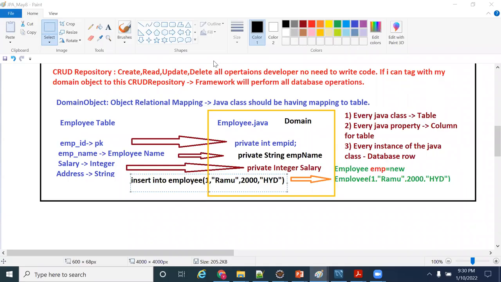To implement JPA and the others, they internally use some of the components from Hibernate. You're saying correct, right? Exactly. And one more thing, is there any difference between Spring Data JPA and JPA? Both are the same. Spring Data JPA and JPA are both the same.